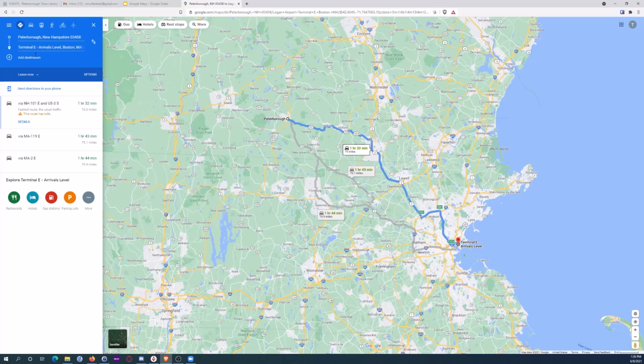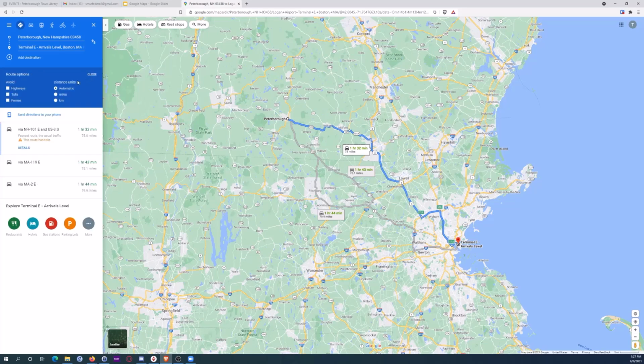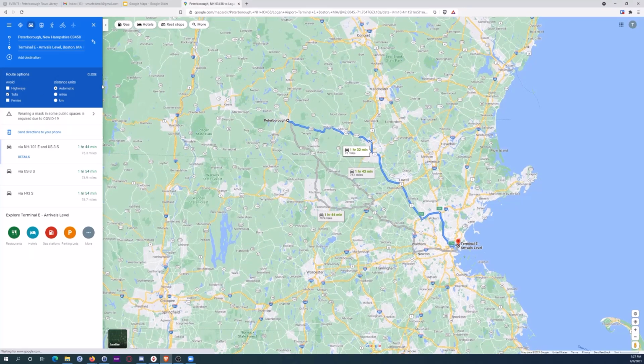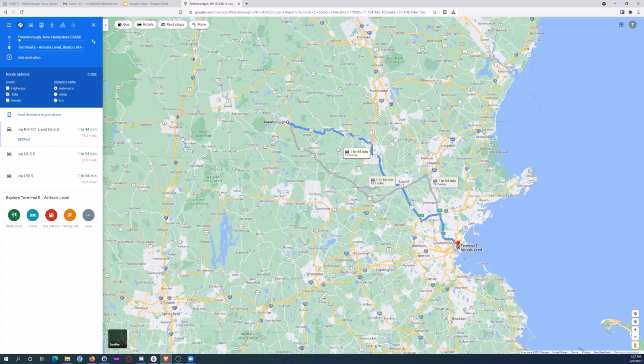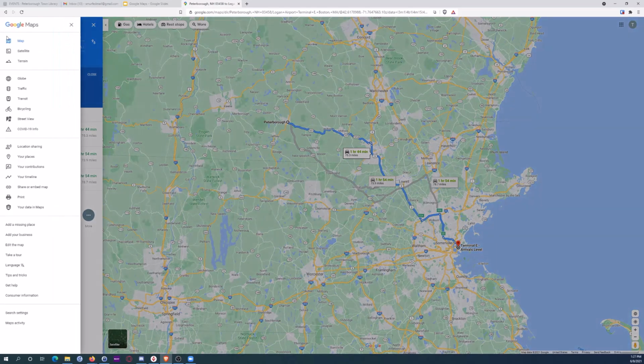Okay, that's fair enough. But what if I don't want to use tolls? Well, options. I want to avoid tolls. Okay, all of a sudden my time went up a little bit. That's fine. If I go to menu, go to traffic,